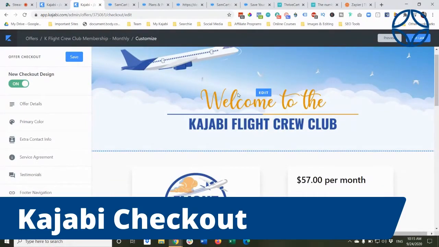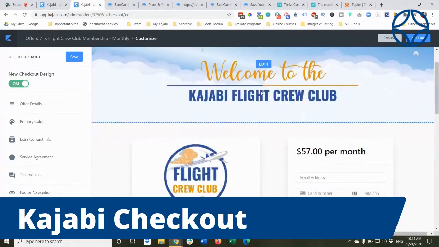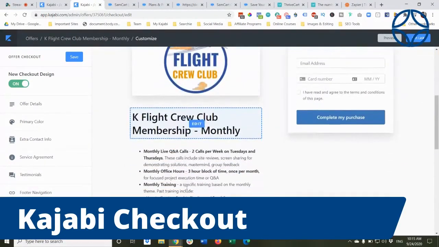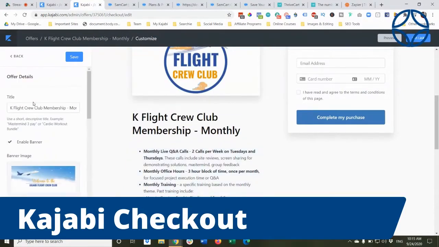This checkout design, you do have the option. We've got a big header here. You can upload something. You might want to put something with the price on it or some very specific thing in the image here. Or you can have no banner at all. You can remove this banner altogether. All of this text comes from the offer.